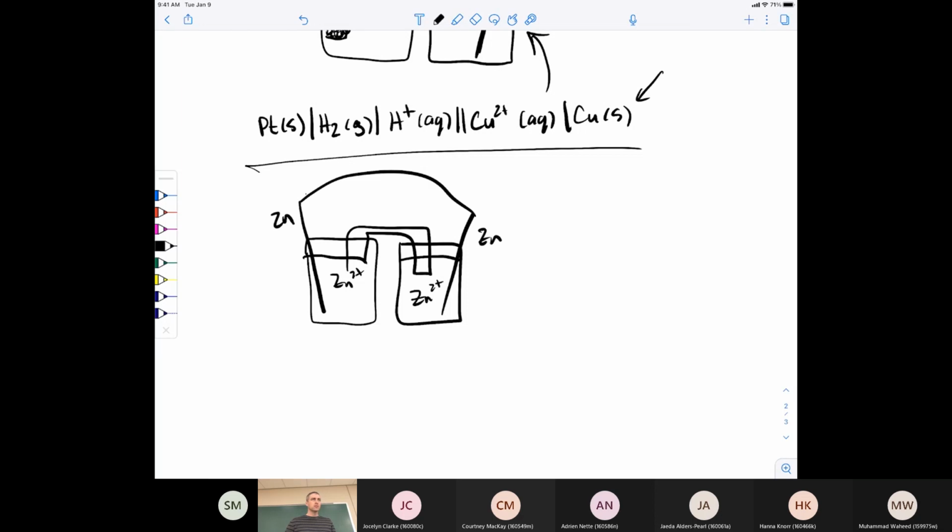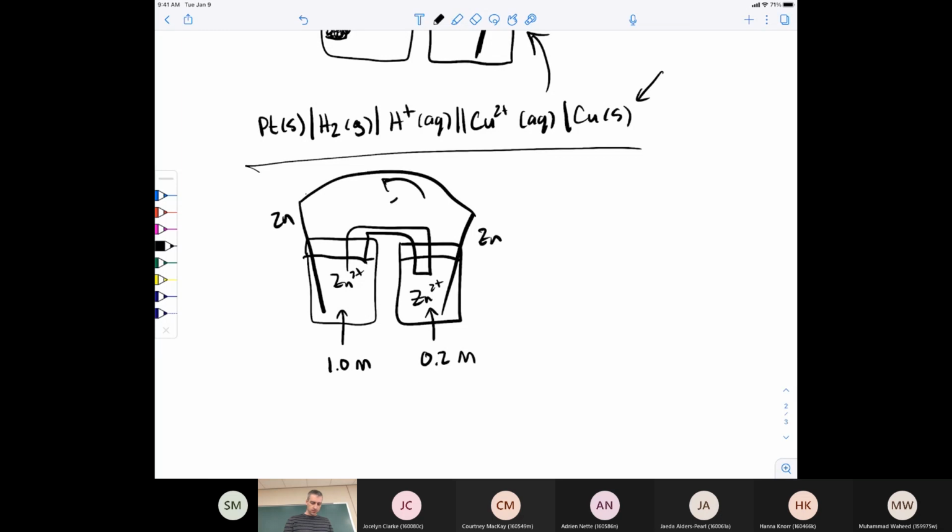Zinc like this. You might look at that and say, well, how would that work? There's the same reaction on both sides. There's no driving force for the electrons to move. Well, in situations like this, the zinc 2 plus might be 1.0 molar, and over here, it might be 0.2 molar. Then the driving force, for this to come to equilibrium, is to have the concentration of zinc the same on both sides. In that case, there would be a driving force for electrons to move to the left